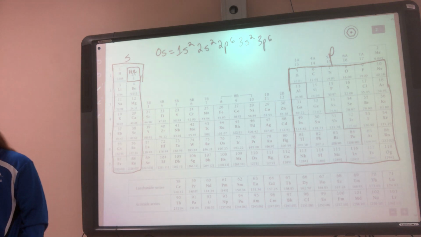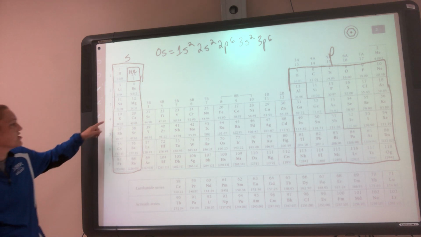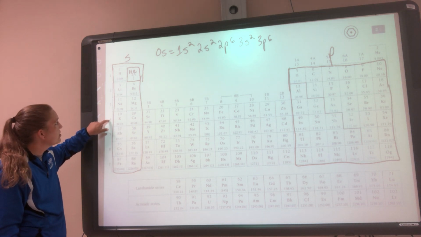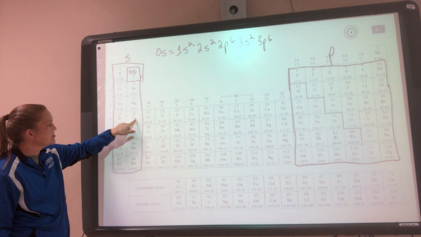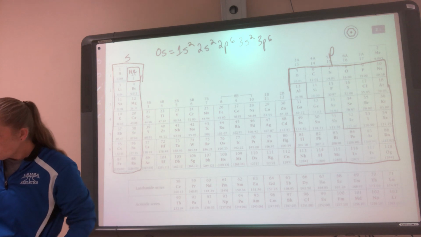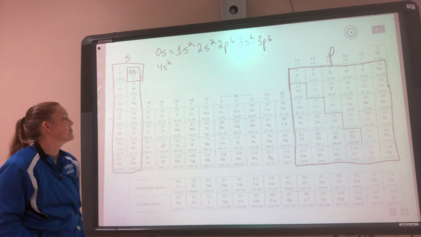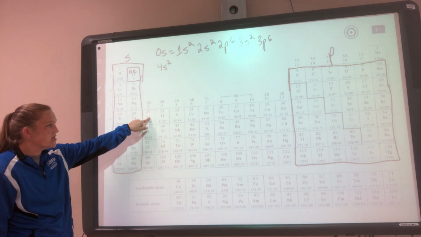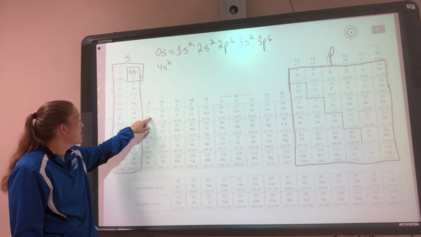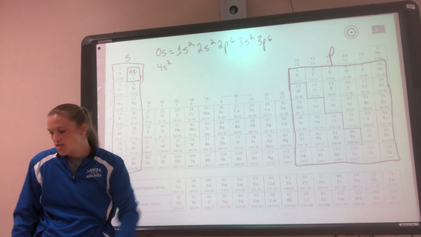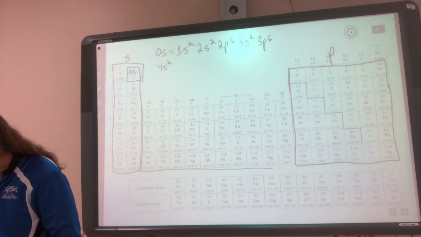All right, next. So now I've done 3p6, so now I'm over here. I'm in the 4, this is 4s, so 4s, 1, 2. And if you start to run out of room, you can just drop down and keep going like that. So 4s2. Now we're here. So let's look at what block this is. We said this was the s, that was the p. This whole guy